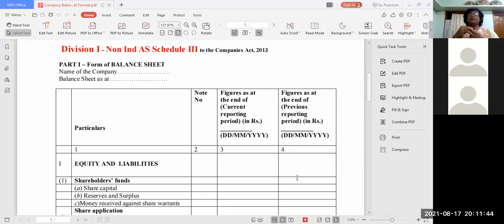Now, please remember, 11th of October 2018. From that date, some more formats of balance sheets have been given. At present, there are 3 balance sheet formats. Now, you may be very confused. If you go by the latest books, you will find 3 formats of balance sheet. The balance sheet that I am sharing with you now is the one you are going to follow for your examination.